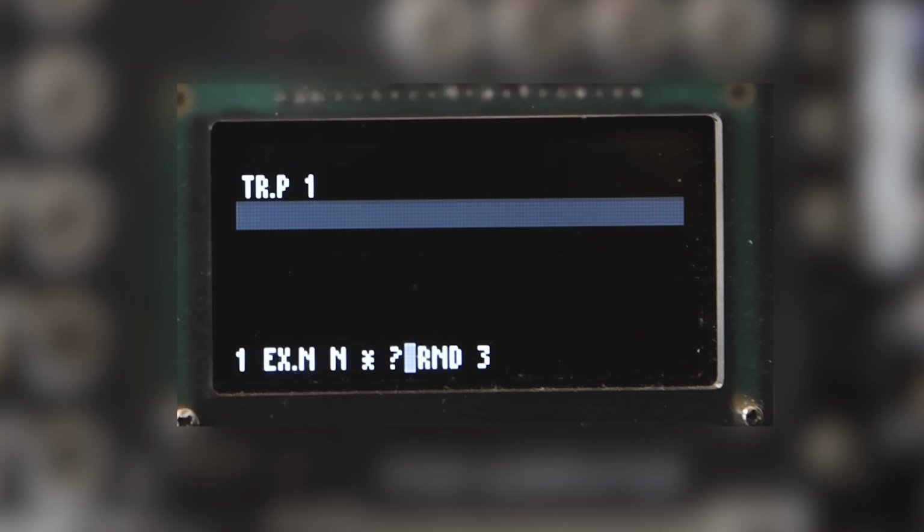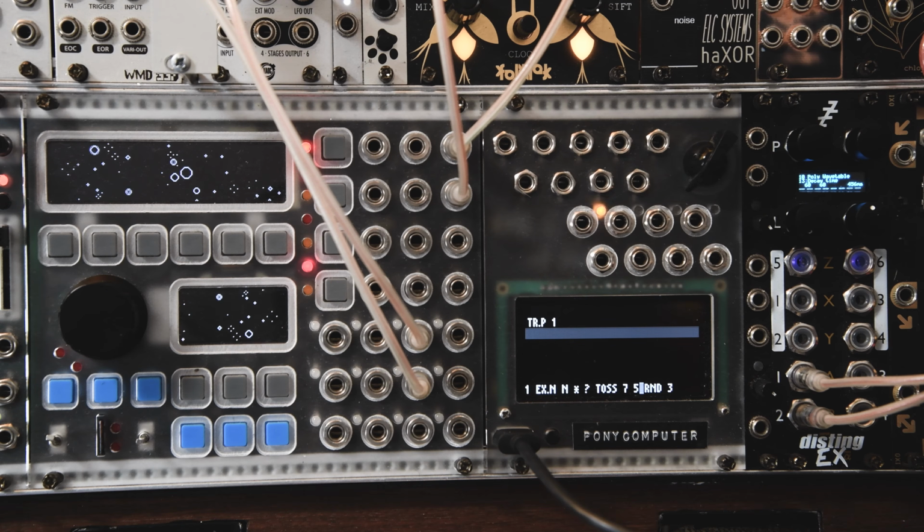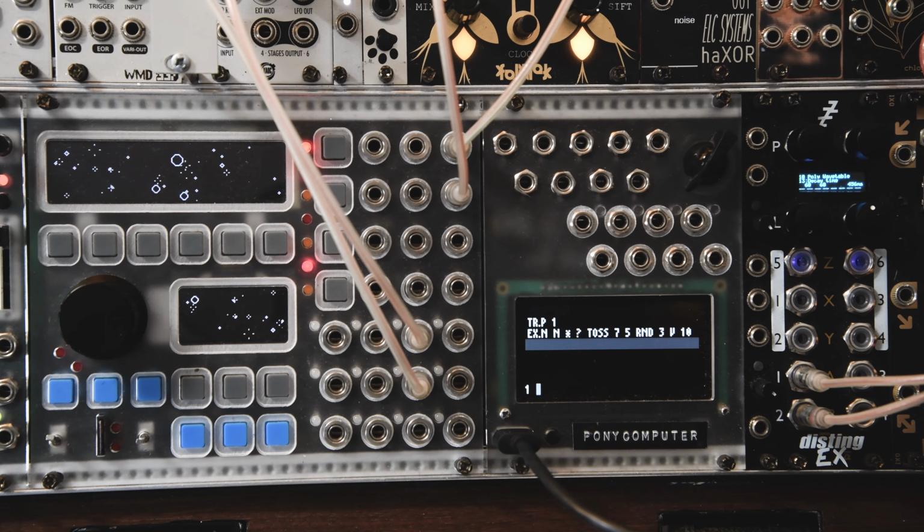And then I like to do if toss, which basically just puts either a 1 or a 0, and I say if it's a 1, multiply the 7, and if it's 0, multiply the 4. So this is saying ex.note, multiply either 7 or 4, let's make this 5, by a random number between 0 and 3. And then the last inlet for EX is the velocity. And this is in voltage, so I'm going to do V10. And now it's sending